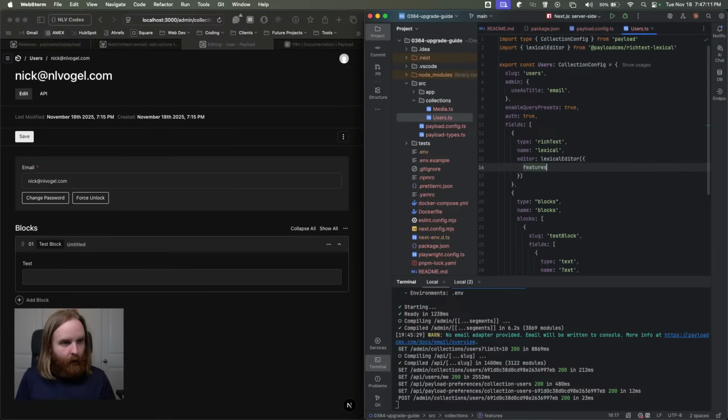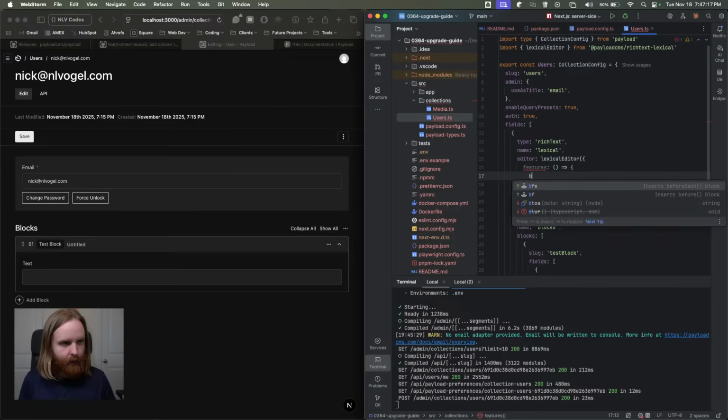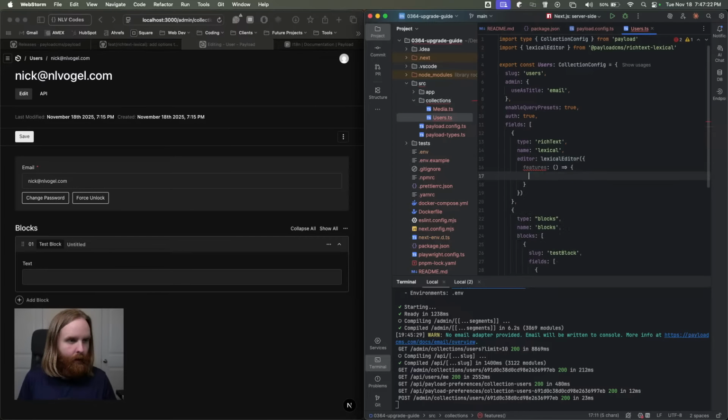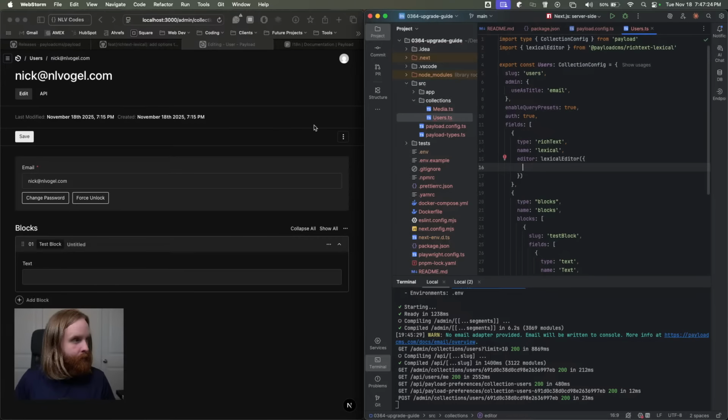Then we need our features, which really all I want is our block feature. If I do this right,